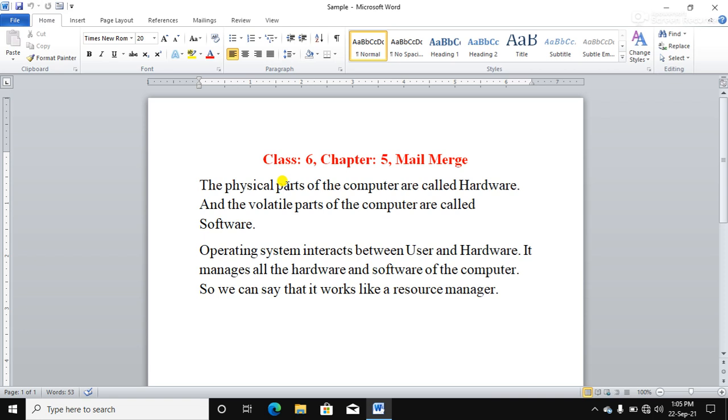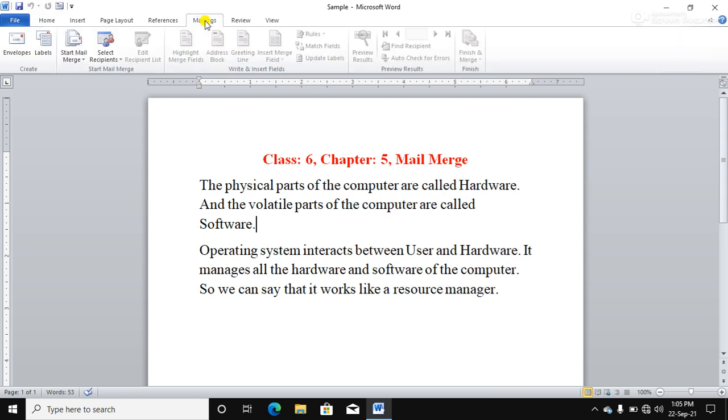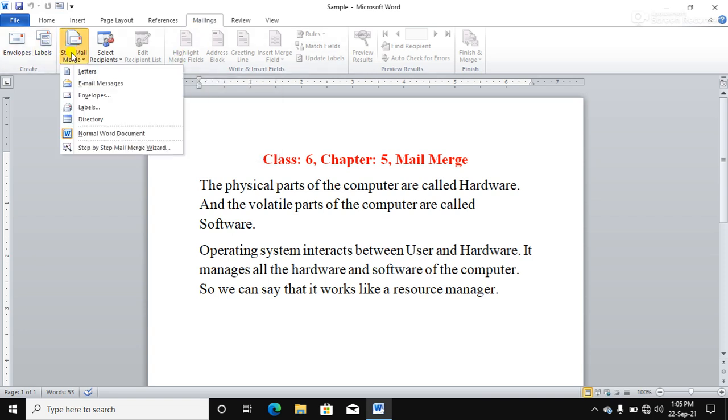recipients. Okay, so for this purpose, for mail merge, go to the Mailings tab. Where is the Mailings tab? This. Now the Start Mail Merge group. Where is the Mail Merge group? This one. Okay, so here you can see the Step by Step Mail Merge Wizard. Where is it? This one. Here you can see what you can do with mail merge. It is used to create letters, forms, envelopes, labels, catalogs and emails, etc.